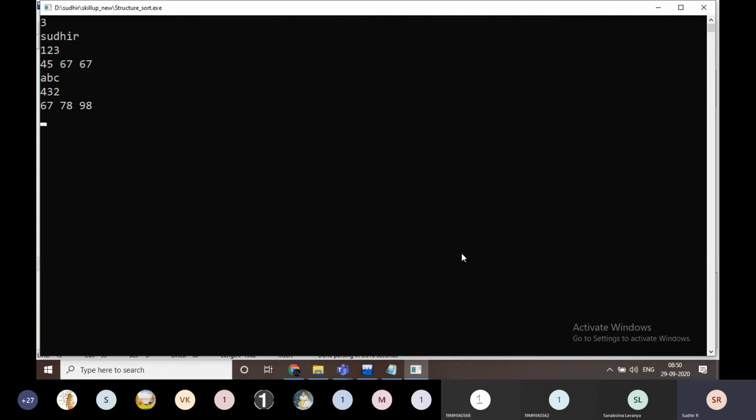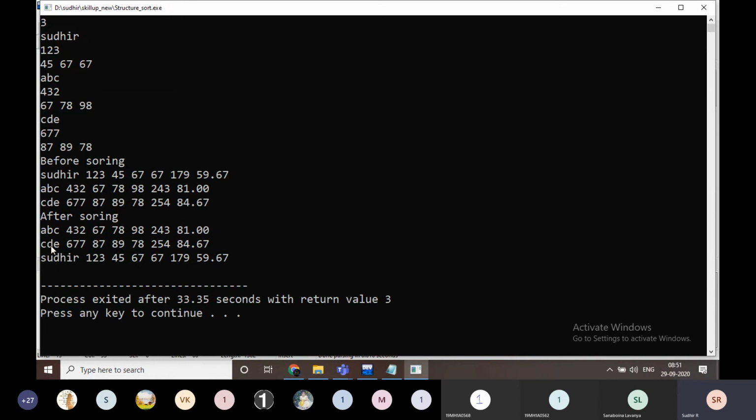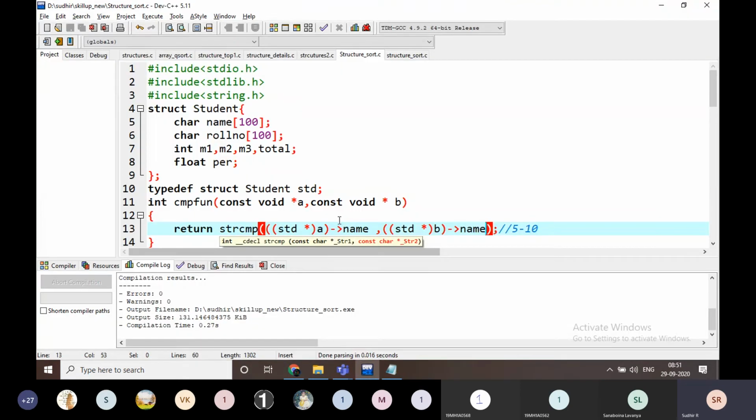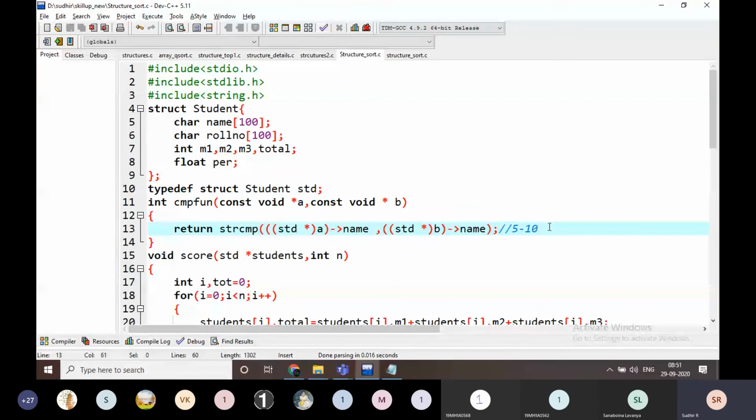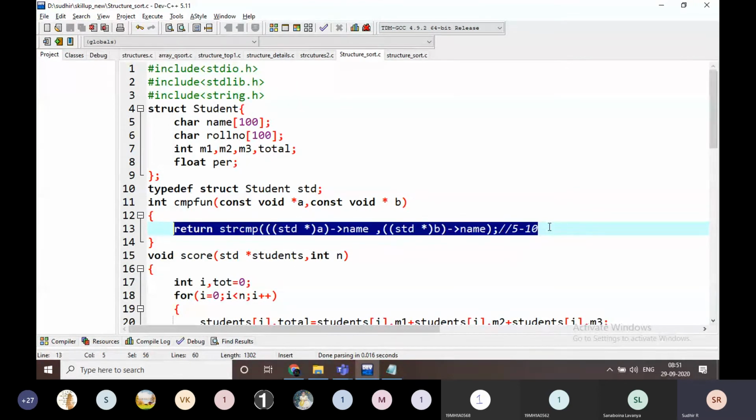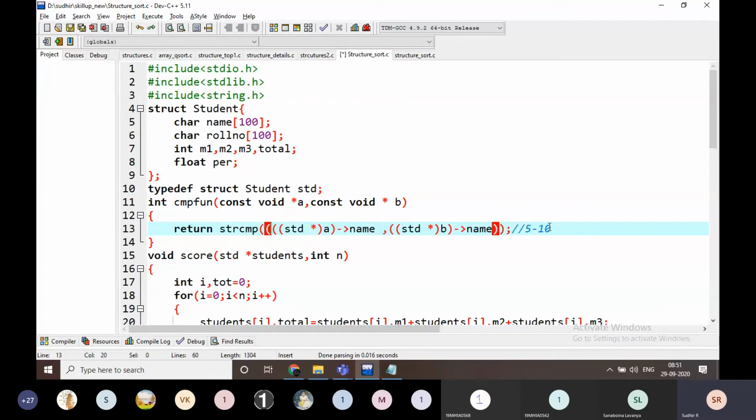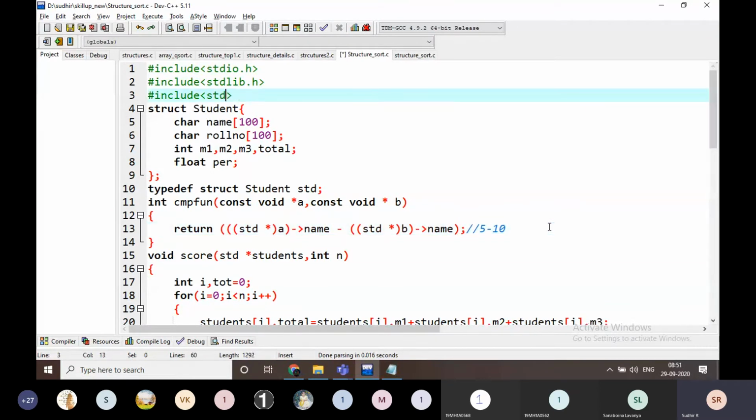And the next one is CDE, for example, with roll number and marks like this. Just observe here, ABC is coming first, CDE is coming next, Sudhir is coming last. It is sorted in alphabetical manner. We can simply write this function. This is working for alphabetical one, and I am going to give the previous one also.